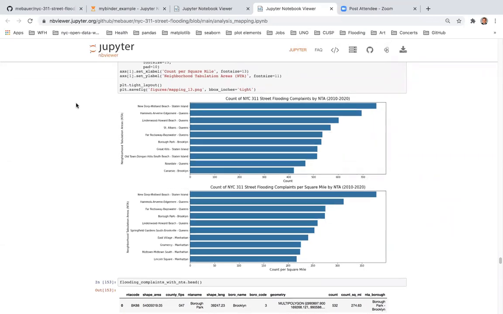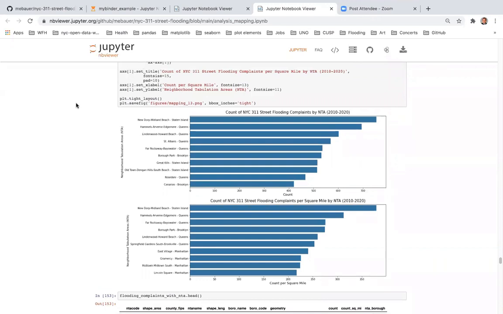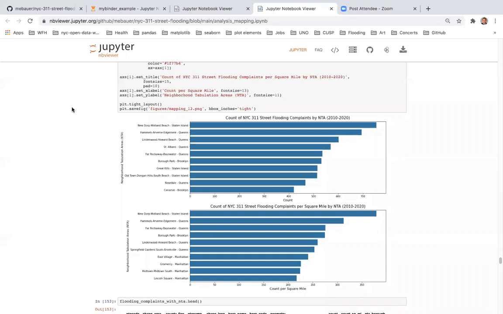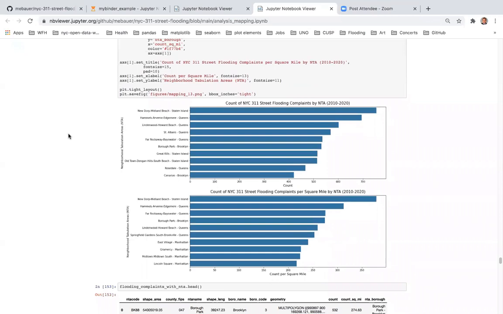I'm not sure of the skill level of the folks here, but I program in Python. I mainly use the matplotlib library and the Seaborn library. Over the past few years, I've preferred Seaborn because I think it's a really intuitive package that has very aesthetically pleasing plots. So most of these plots are in Seaborn, but some of the geospatial plots are in the Python package GeoPandas.